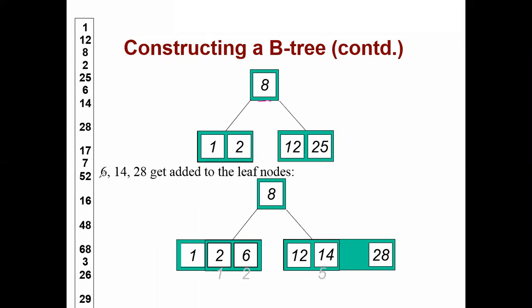Okay, so now we have added 6, 14, 28 into the leaf node. Okay, so just concentrate. 6 is smaller than 8, तो वो कहाँ जाएगा, लेफ्ट साइड में जाएगा. Then we can say 14 is again small, 14 is greater than 12. Okay, but smaller than what, 28. So what will happen here? So no doubt ये दोनों के बीच में आना चाहिए, means again it is in ascending order. Okay, so one by one we are going to add the elements here. Okay, next step, you can understand this.